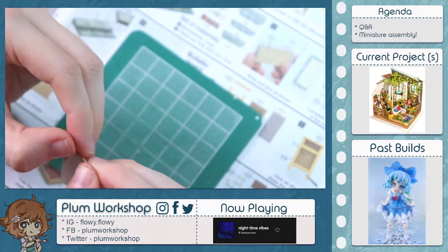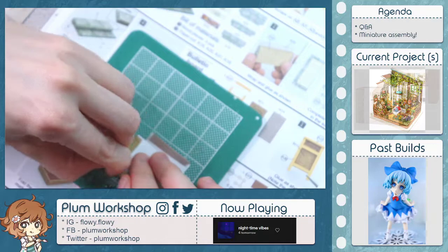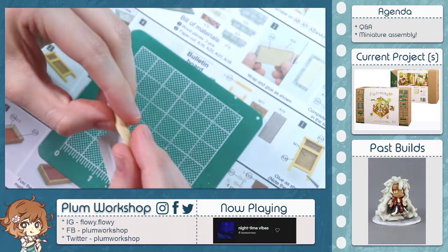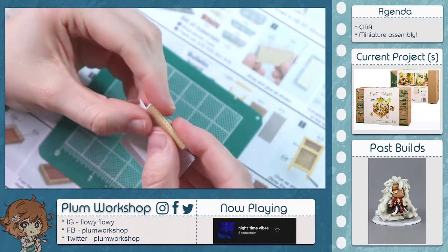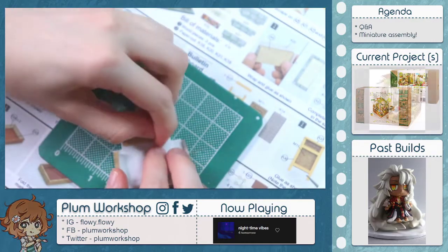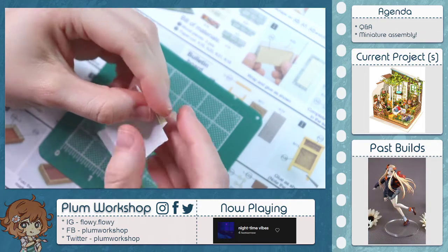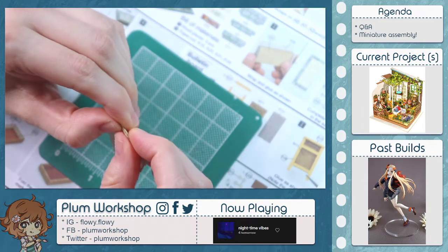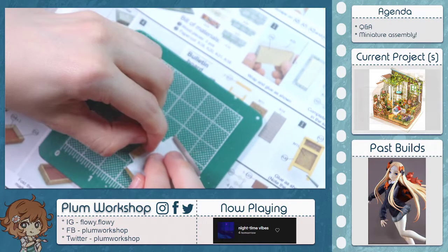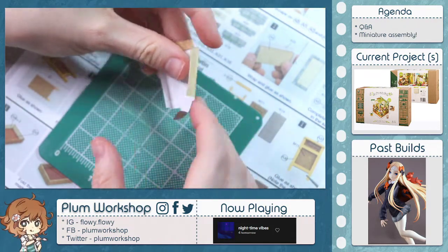Okay, that seems about good. Figure it out once we glue the box. Okay, and this one. Let's see. That's good. The last one. Okay, so now